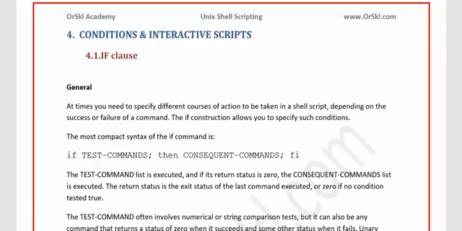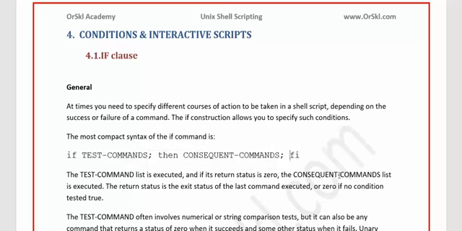As we know, if is something which you must have seen so far in any of the languages. Consider a basic language like C, because I'll only refer to that, because I hope every engineer would have basic knowledge of how the C language works. Even in C we had if conditions, where you give a comparison or a command, and if that evaluates to true, it will execute the set of test commands, and then the consequent commands will be executed.